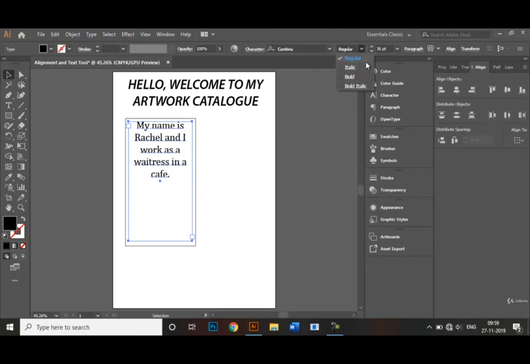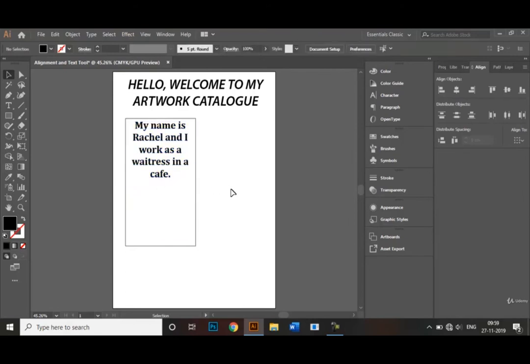Some fonts will not have the bold or the italic options at all. So be a little careful with the fonts that you use, right? Let's make it bold. That's it. And I'll also decrease the text box like that.